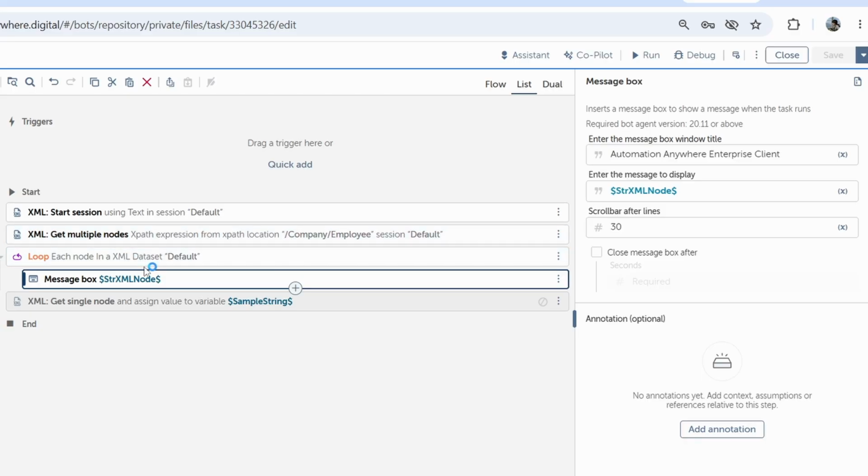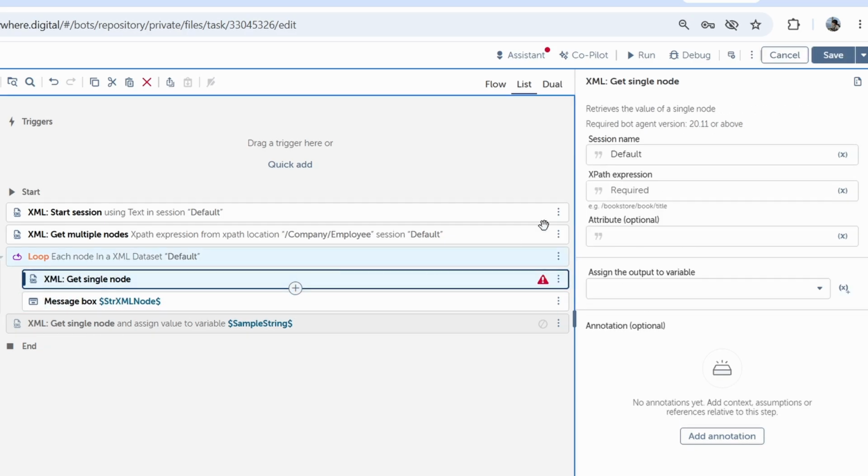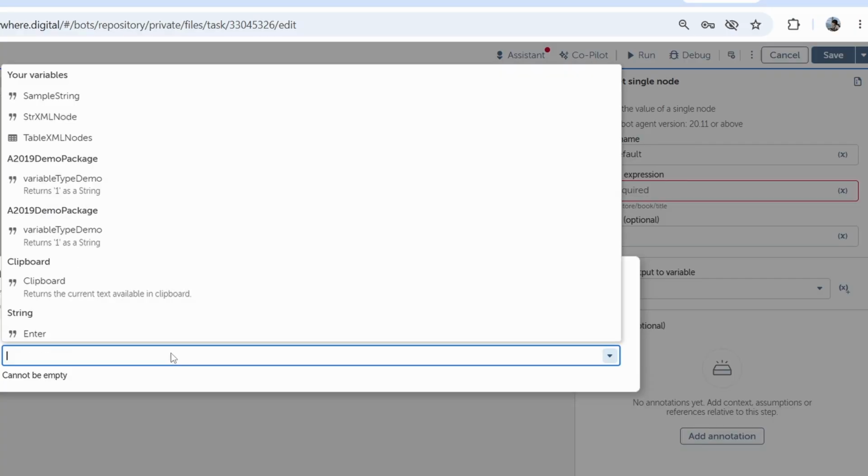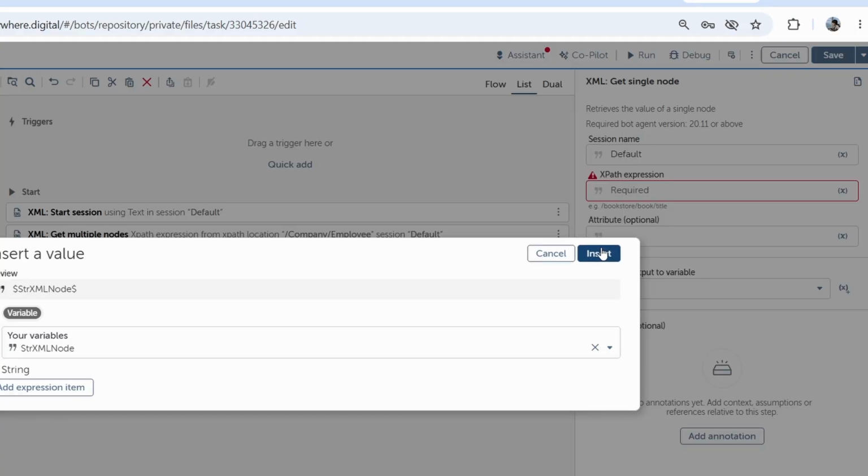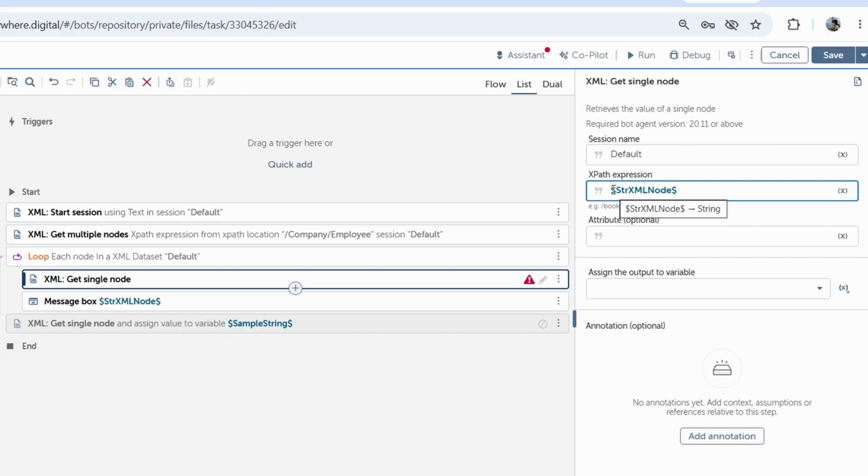So if you want to get all the names, for example, then how to do that? So you can use get single node again. You can use get single node and put it under the loop. We already have str XML node. This contains the value /employee//company/employee[index], and then what you have to do is go with /name. So that will bring our name,